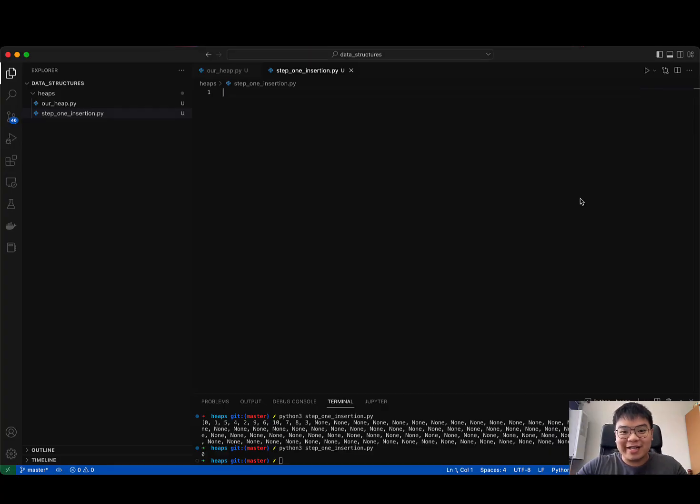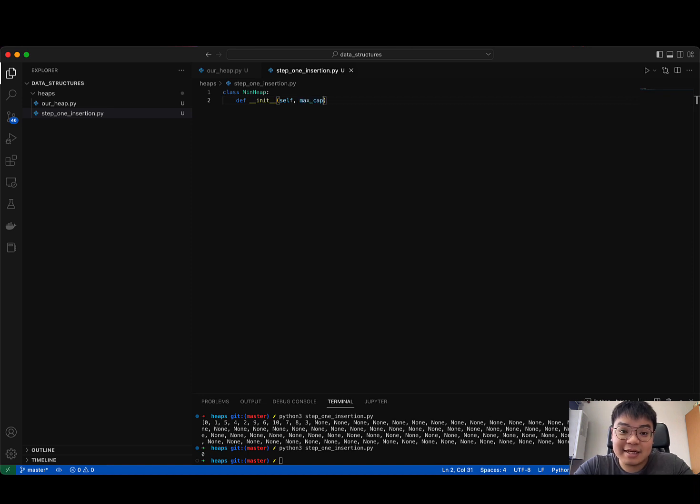Now that we got the theory down, let's try implementing the skeleton for the minimum heap as well as the insert method to insert a value into the minimum heap. Let's start off by defining a class, the blueprint for creating objects of minimum heap. We would first start off with defining the constructor, the init method, and this init method would take in a